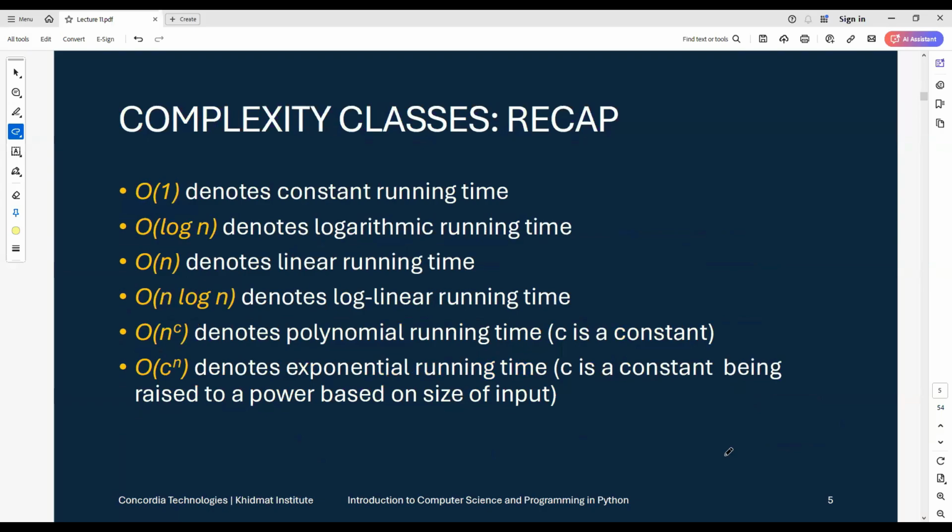Some recap about what we discussed last time. There is constant complexity where the running time of the algorithm does not depend on the input at all. There is logarithmic complexity, which grows very slowly in comparison to the size of the input. And then we have linear complexity where we are decreasing the size of our input by a constant amount every